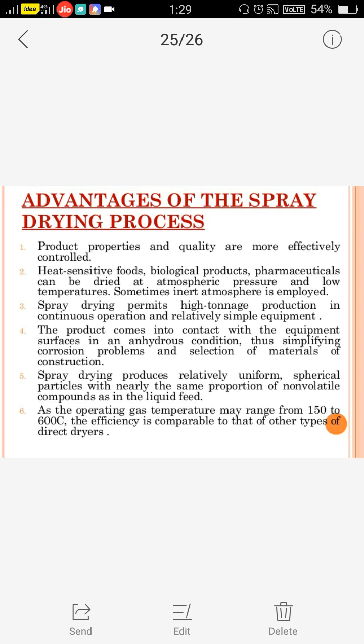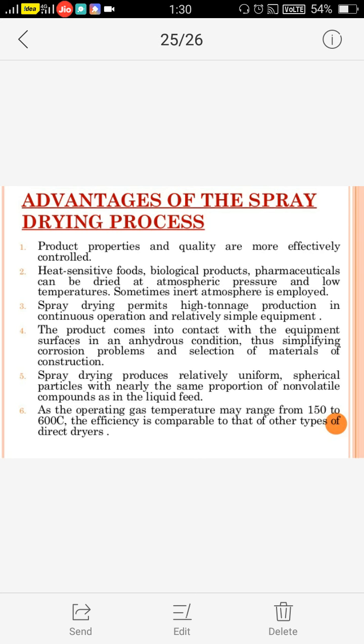Advantages of this drying process: the product properties and quality are more effectively controlled. So heat sensitive foods, biological products, and pharmaceuticals can be dried at atmospheric pressure and low temperature. Sometimes an inert atmosphere is employed. Spray drying permits high tonnage production and continuous operation in relatively simple equipment. The product comes in contact with equipment surfaces in an anhydrous condition, thus simplifying corrosion problems and selection of